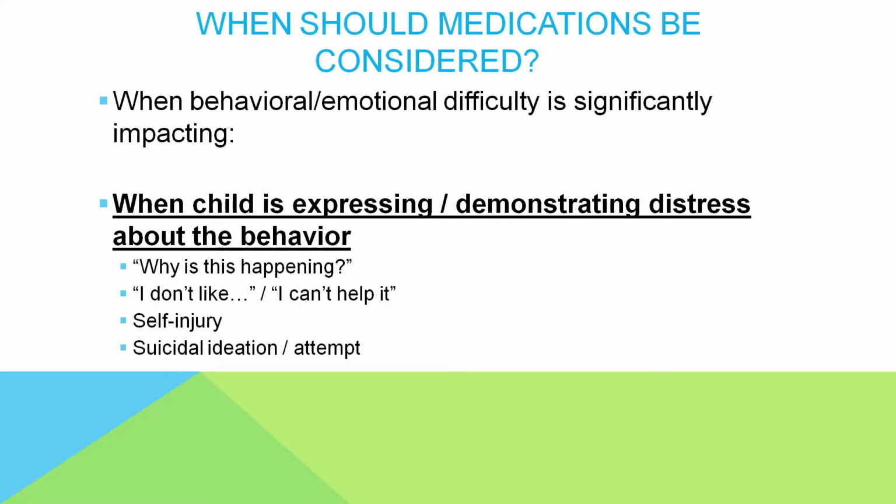And then, when the kids are expressing distress about their behavior, and this clearly comes in a big range. Many times in our X and Y variation kids, they don't express distress well because they don't have good expressive language, right? But sometimes kids will say things like, I don't know, I just always have firecrackers in my head, and why do I do this? Or why is this harder for me compared to other kids? Or I really wish I could talk when I'm there, but I can't. And so they feel like they're expressing their